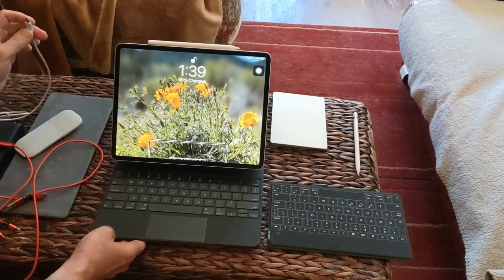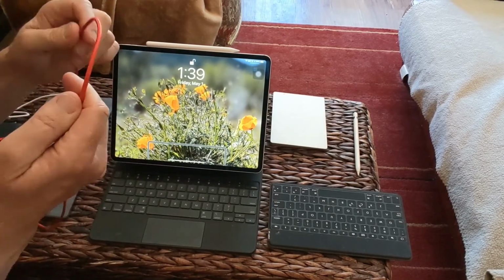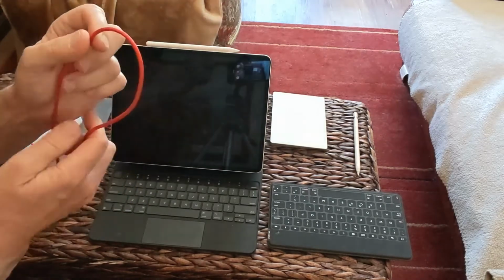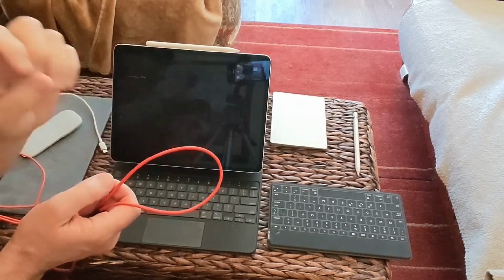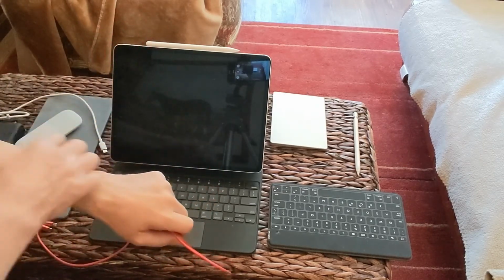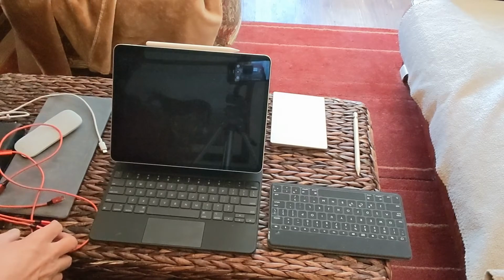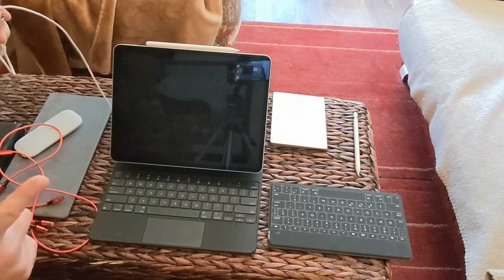Okay, it basically, for some reason, stopped charging. And it would not charge. I would plug it in, it would flash that it started charging, and then it would just say not charging on the iPad screen. So then I went to see, and you always have to try a known good cable